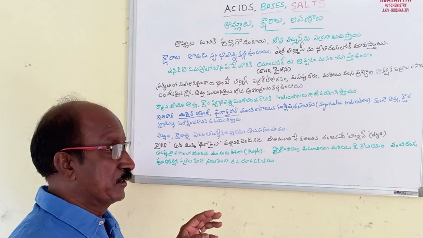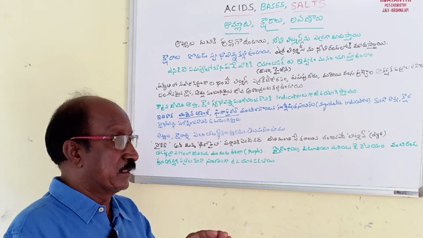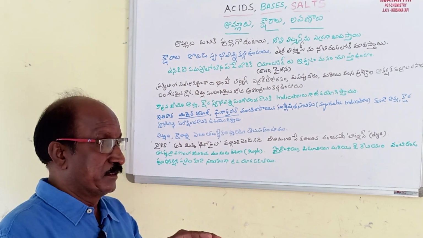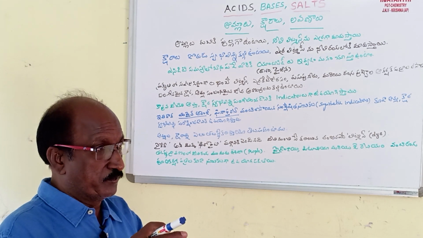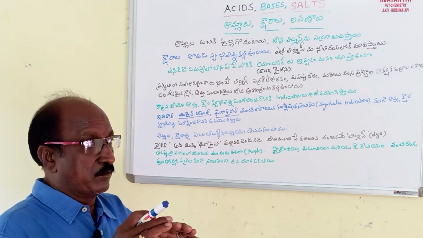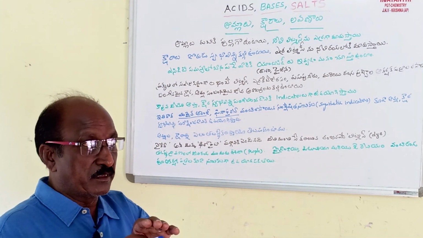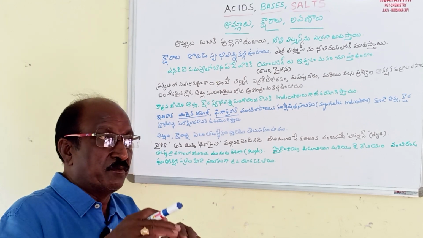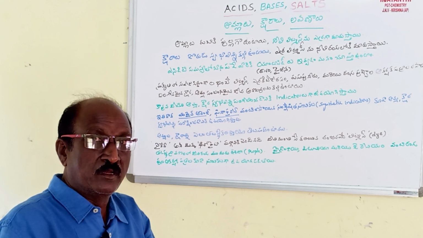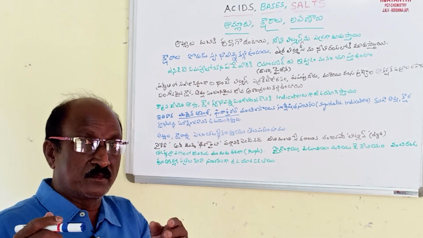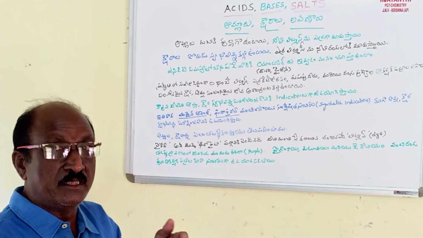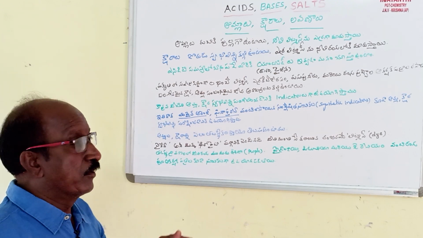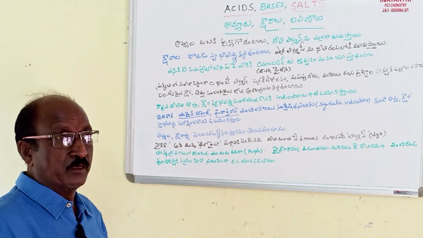So, in this chapter, we are going to learn how acid and base get neutralized by each other, and if acid is mixed with metals, non-metals, metallic oxides, metallic hydroxides, what kind of compounds are formed, what qualities they exhibit after reaction, and all these things we are going to learn.